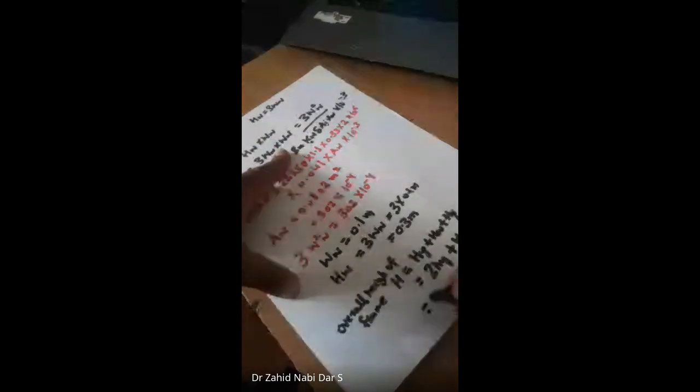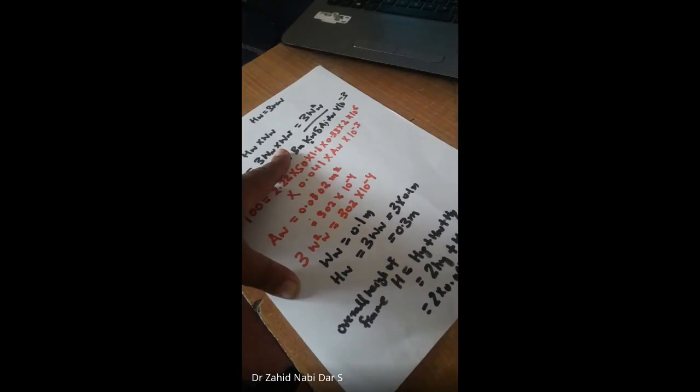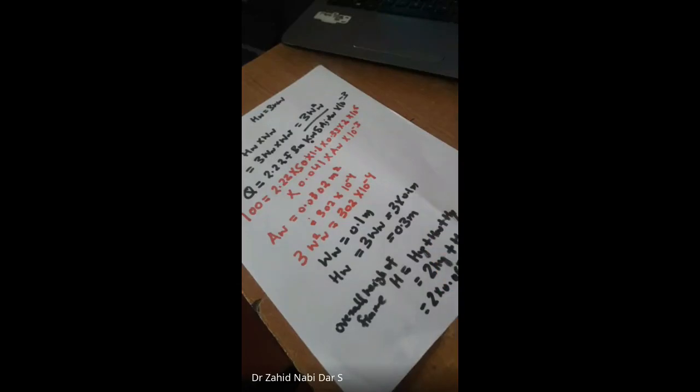So you can write 2 into 0.0675 instead of hy, and height of the yoke you just now saw, that is 0.3. So the total dimension of this would be equal to 0.435 meter. Are you getting? If there is any calculation mistake, please let me know. 0.435. So this plus this would be 0.435.